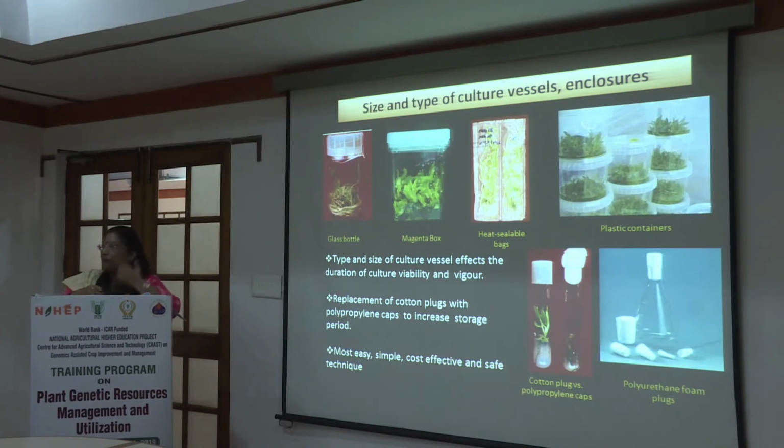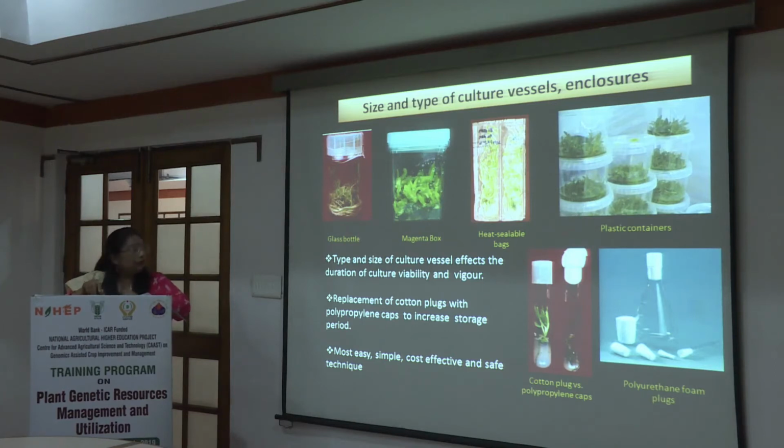Another very easy method of increasing subculture period is by changing the type of vessel we are using for conservation. Typically we use glass test tubes, but if we shift to magenta bottles or boxes, these are gas permeable polyheat sealable bags. These are extremely good for long term storage. They allow exchange of gas, but they do not allow evaporation of the medium, so the cultures store for a longer period of time. And there are various other types of vessels which directly affect the growth of the